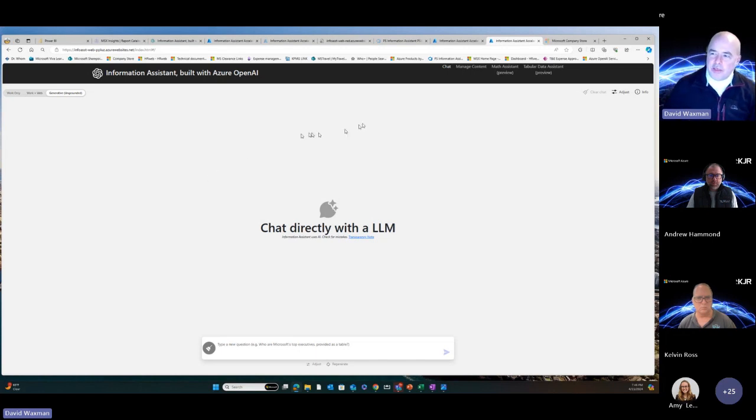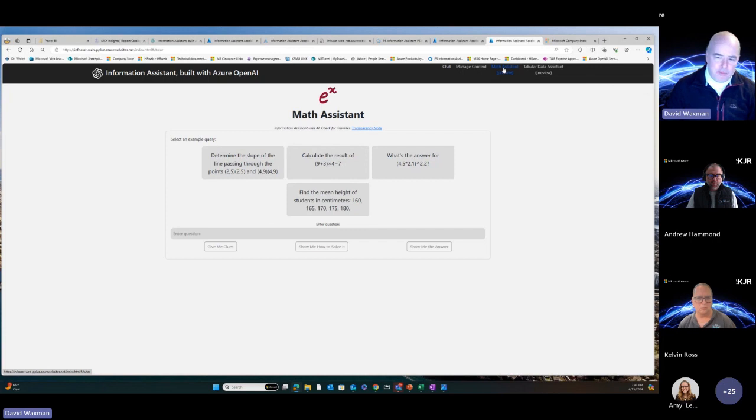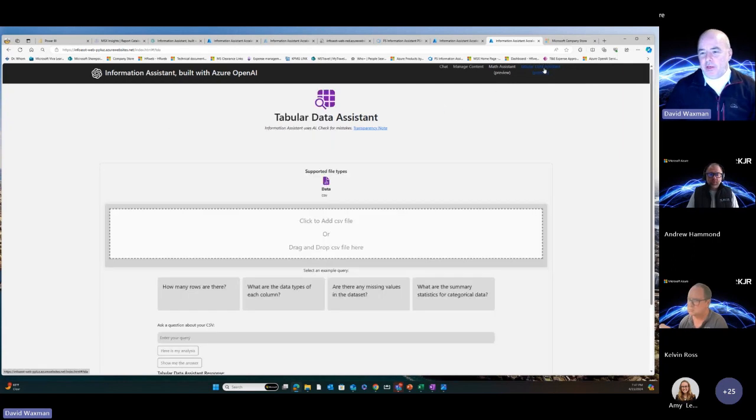And then you'll also be able to see something called agents. We've got 2 new agents. One is a math assistant, which not only will help you answer math questions, because large language models don't actually do math, as well as the ability to have a conversation with your, in this case, structured data. Not something you can do today, right? Just maybe drop in a spreadsheet and ask a question in natural language.